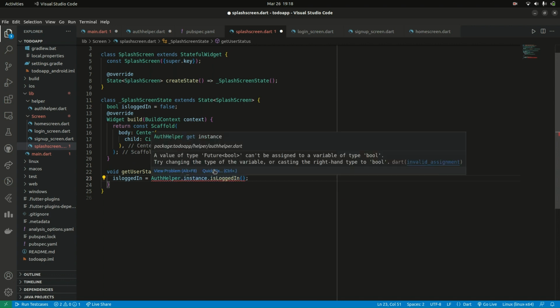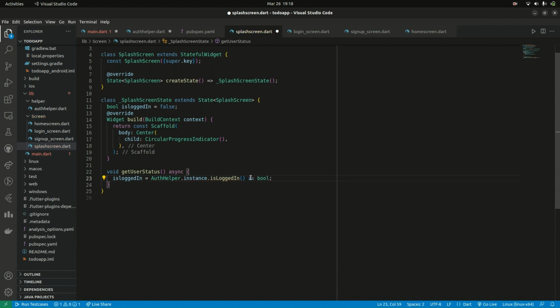Okay, fine. It's a future, so we have to add a cast as non-null bool. We will add await. Okay. If isLoggedIn, then